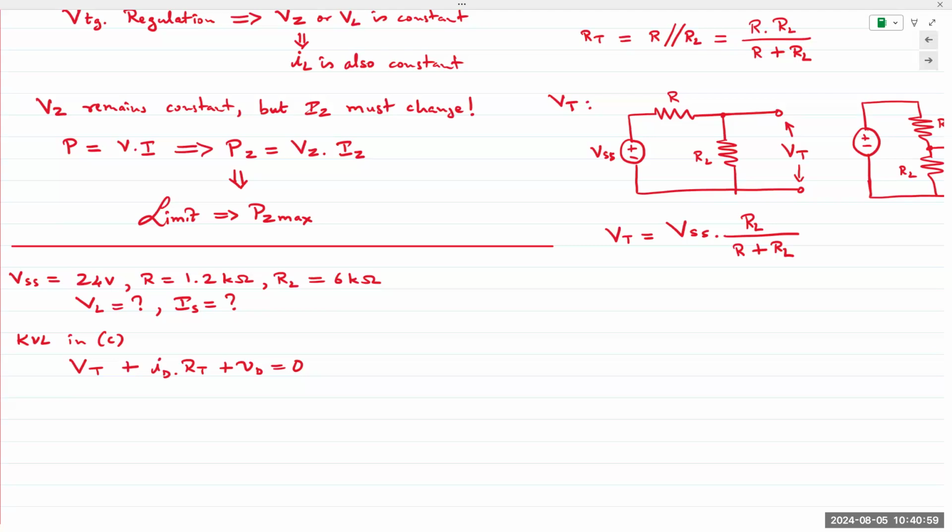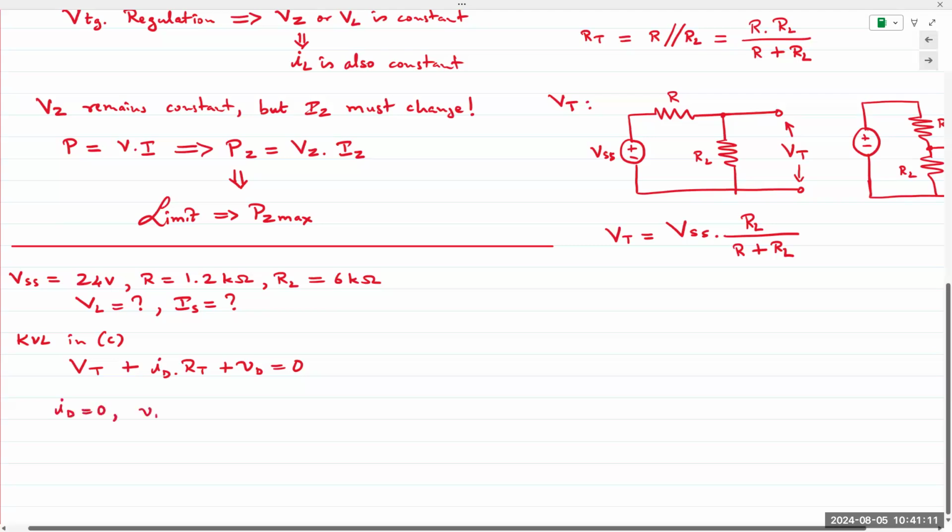We can find the operating point by plugging in VD as 0 and ID as 0, and we can plot it on the load line. If ID is 0, then VD is equal to VT. And if VD is 0, then ID is equal to